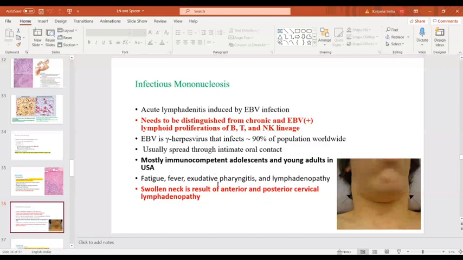So it can present with pharyngitis and tonsillitis. The pharyngitis is the typical picture. It is exudative, covered with exudate, and there will be lymphadenopathy. Both anterior and posterior cervical nodes are involved. This is a picture you can see. This is a very prominent lymph node, and anterior swelling in the neck.